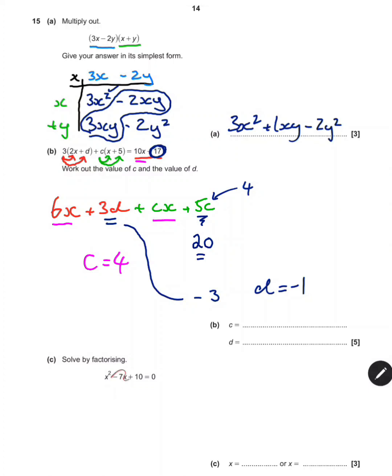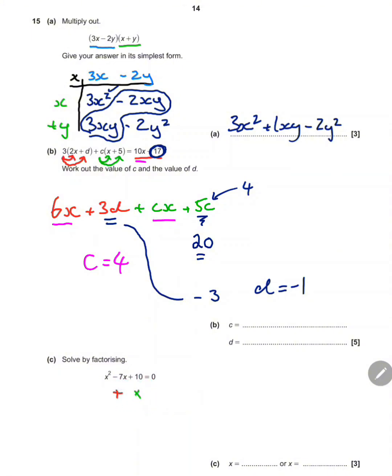Part C, solve by factorising. Again, it's quite difficult, this page of algebra. It is worth 11 marks altogether. What we're looking for when we're factorising this type of expression is two numbers that add to make the middle thing and times to make the end thing. So two numbers that add to minus 7